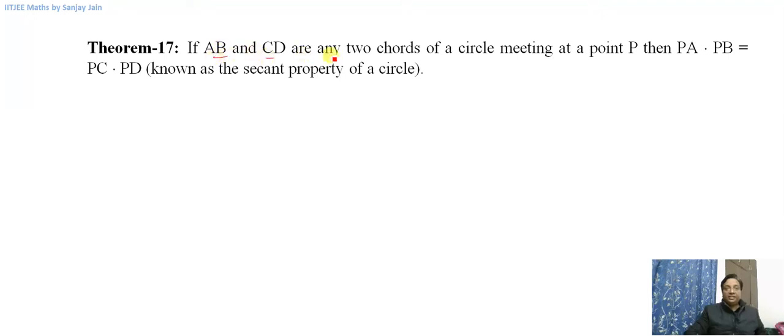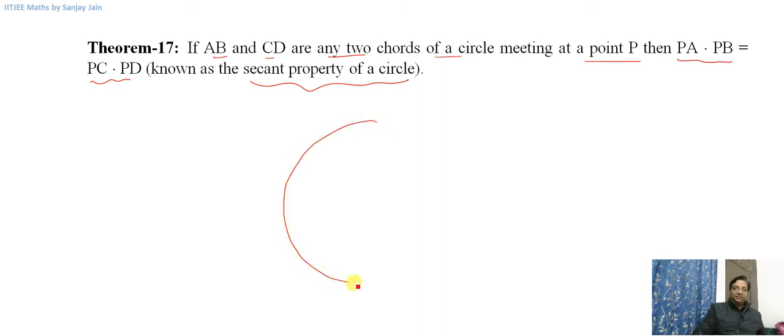AB and CD are two chords of a circle meeting at a point P. Then PA into PB is equal to PC into PD. This is known as the secant property of a circle, right? It is a very important property. Let us say this is a circle and I am talking about these two chords